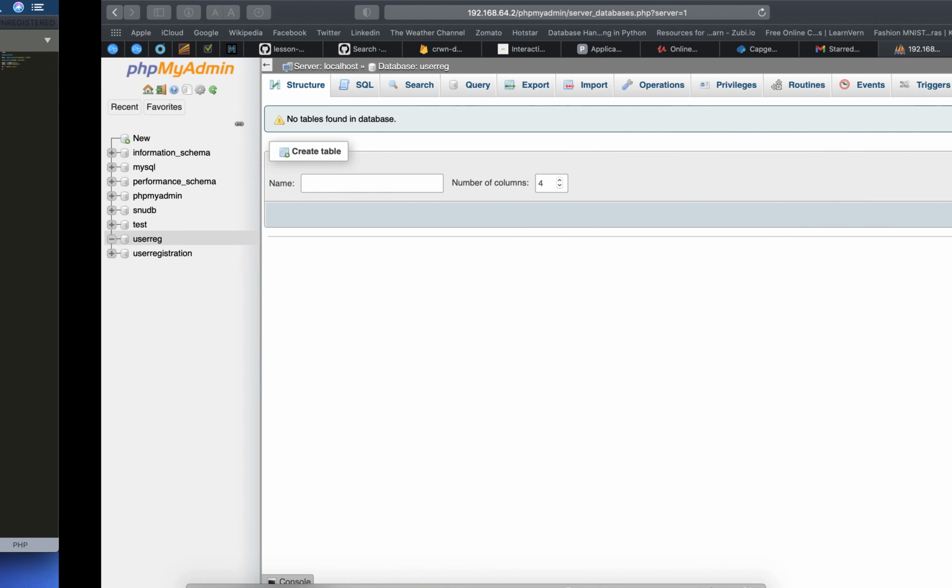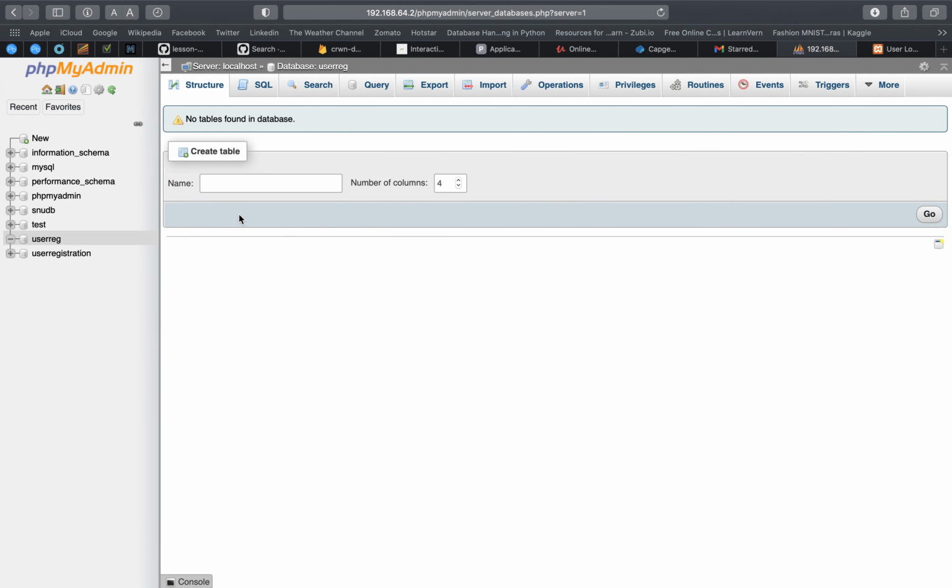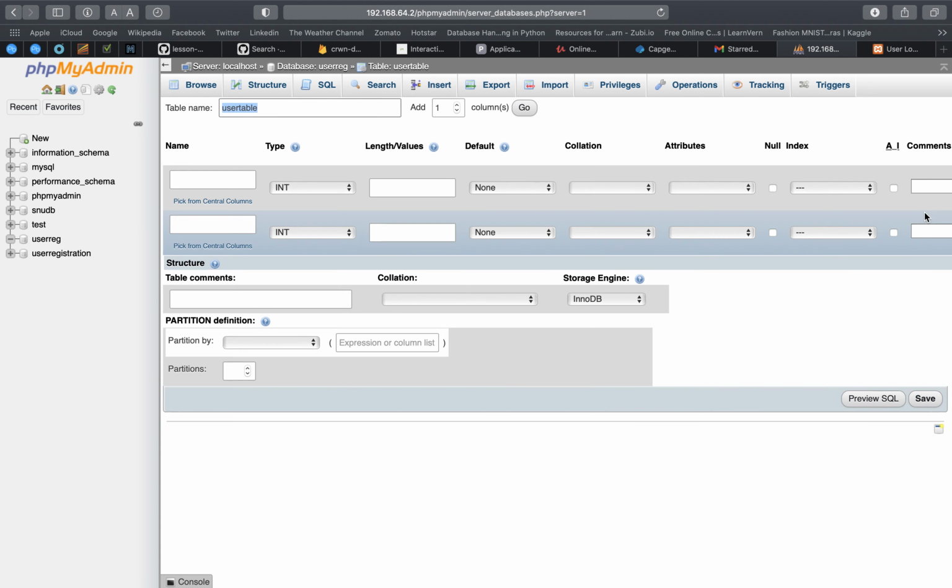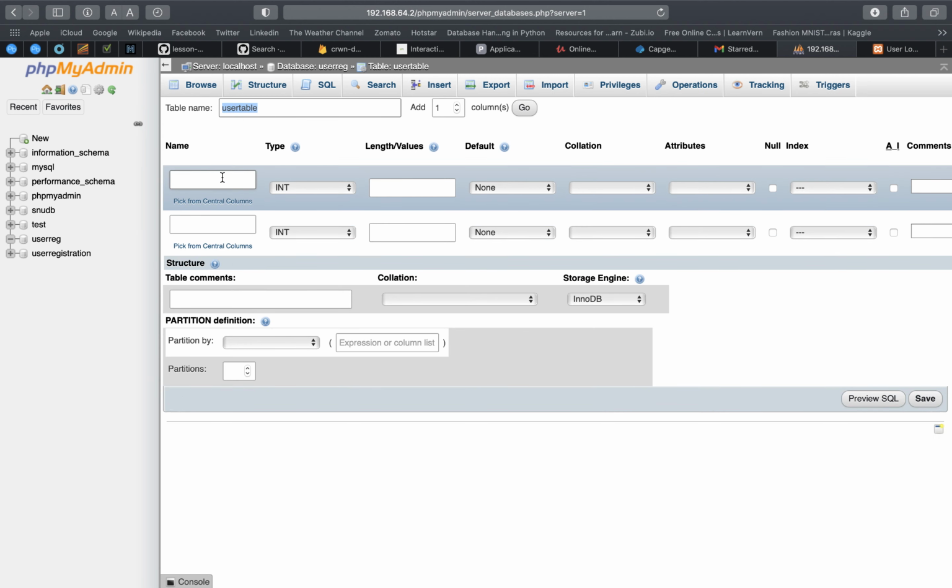And since I haven't created any table, let's go to our database and create a table. So here you can see I'm on that page, and here I'll be creating a table, let's say user table, and I'm mentioning the number of columns to be 2. Fine, and click on go. So here you can see it is giving us a blank form, so we need to fill it up.